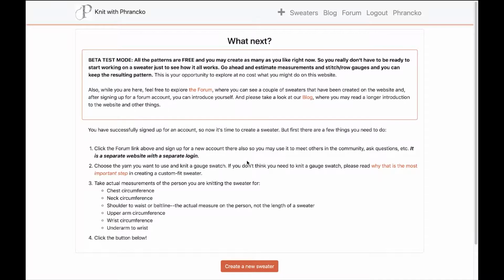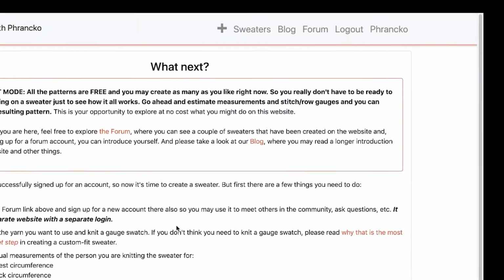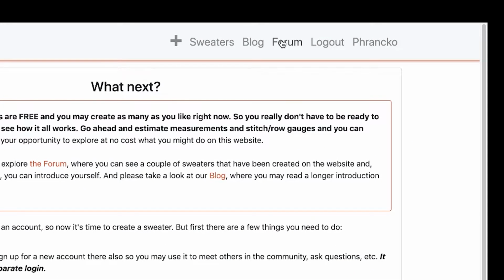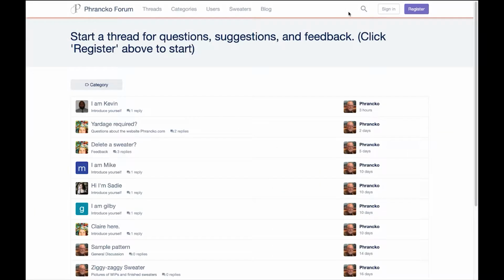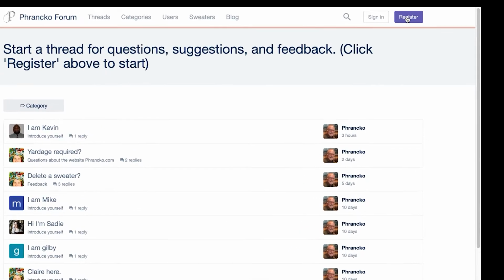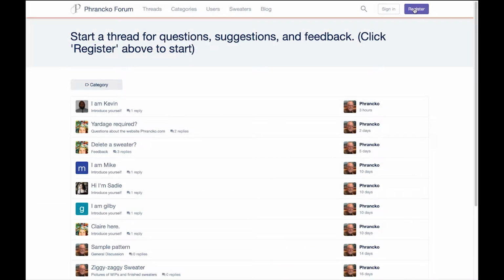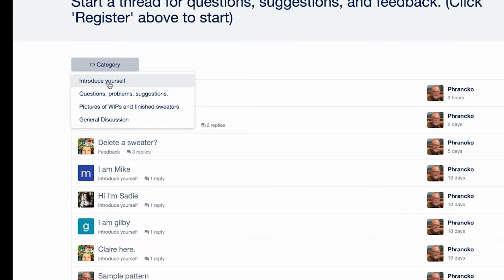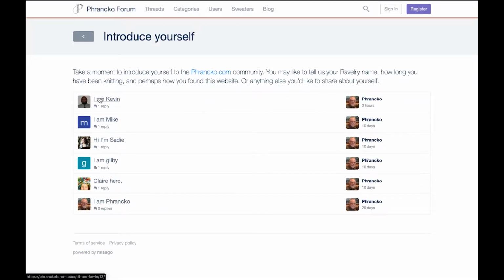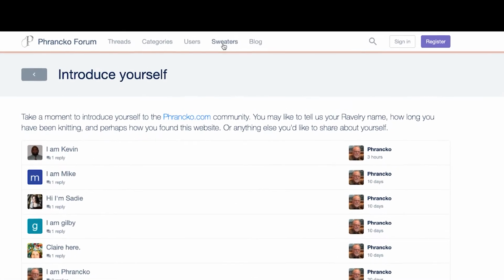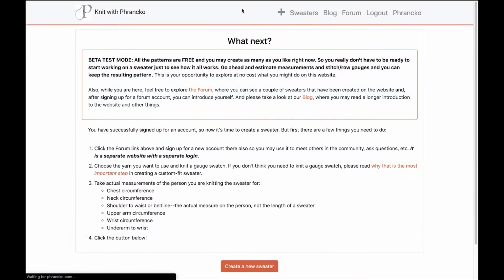The first step is I ask that you go to the forum, which is this link up at the top, and click on that and register up here in the upper right corner with another name. This is a separate registration than for Franco.com. And once you get there, you sign in there and maybe go to the category Introduce Yourself and introduce yourself to the community or to me. I would love to meet you and find out who you are. So then to get back to the website, you simply click on sweaters, and that takes you back to the